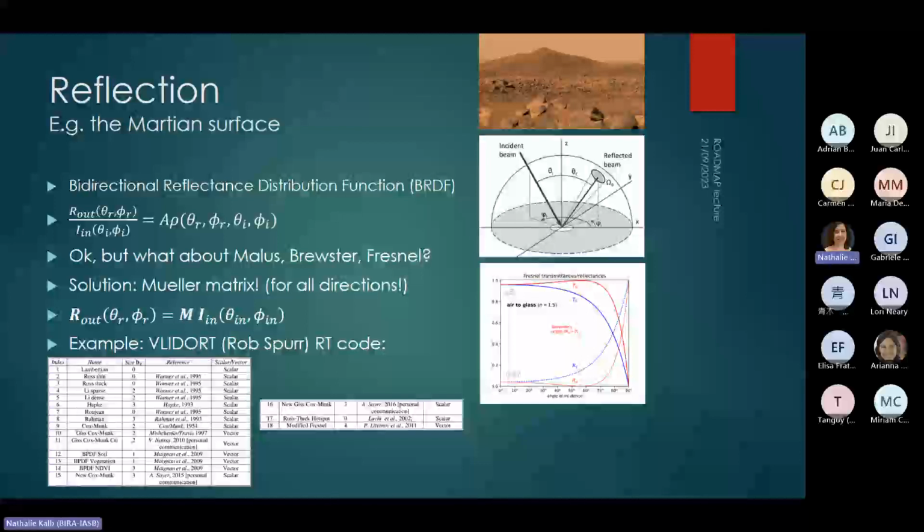What about polarization? Well, you do the vector solution. It's a Müller matrix for all directions. For every single combination of angles, you have a different Müller matrix. In the code by Rob Spurr, which is this radiative transfer code called VLIDORT, you have